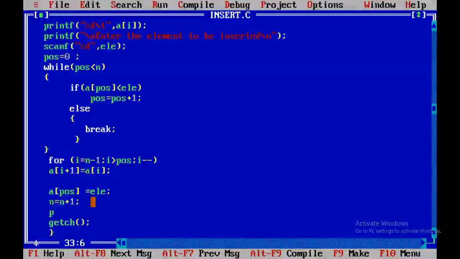So here I'll write printf "list of elements after insertion".